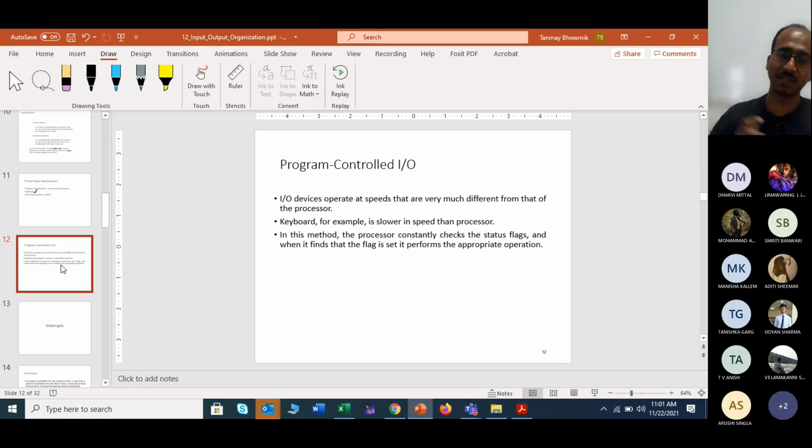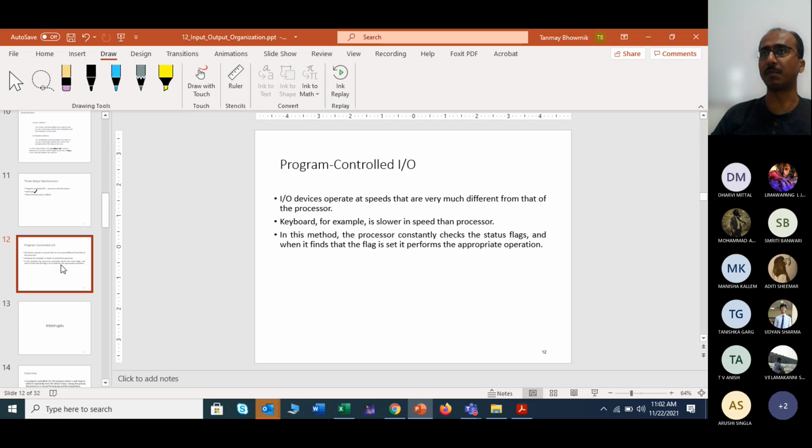Some options will be given: your status flag will send an error message, or your status flag will send an overflow message, or there will be no error and everything will be done properly, or some of the result will be shown up to what it can manage, and the last one is none of the above. If these options are given, then obviously the processor will show an error message.